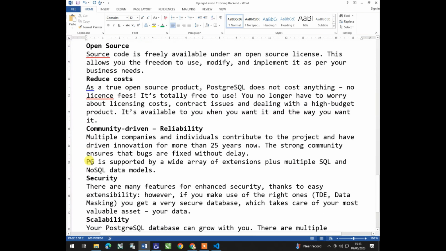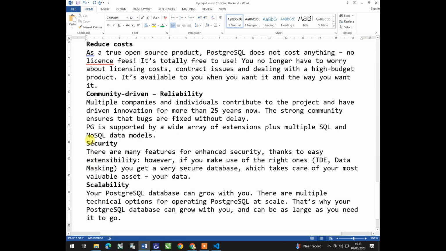Also, another advantage is that it's community driven. That is, it is very reliable. Multiple companies and individuals contribute to the project and have driven it for more than 25 years now. The strong community ensures that bugs are fixed without delay. PostgreSQL is supported by a wide array of extensions